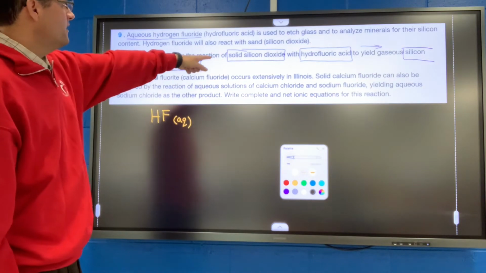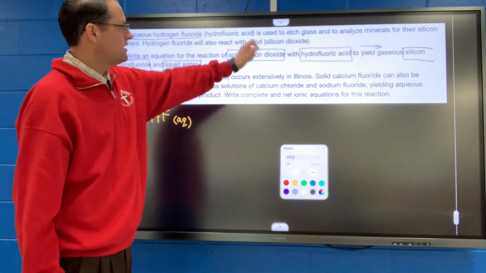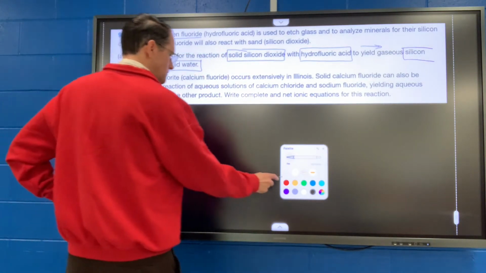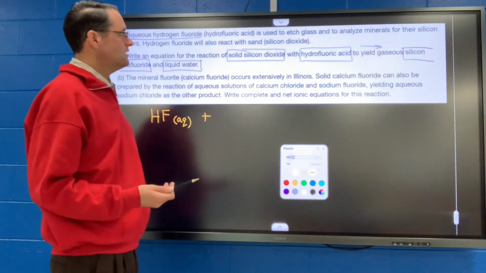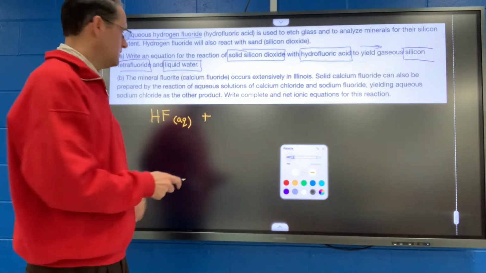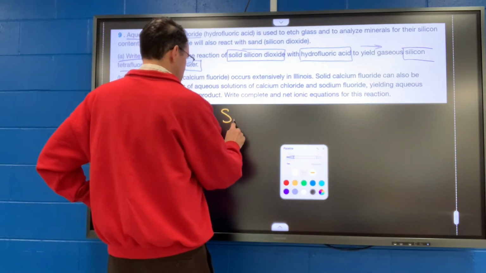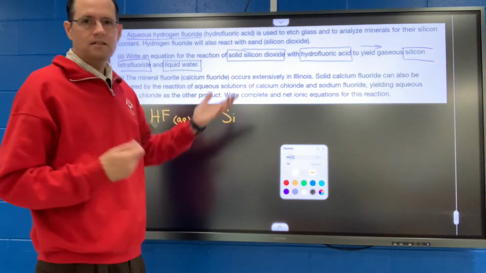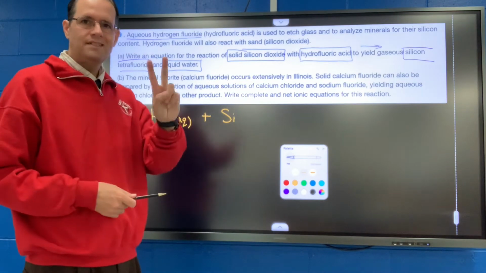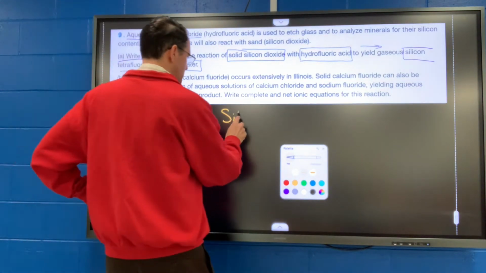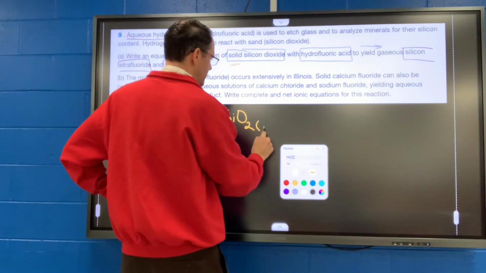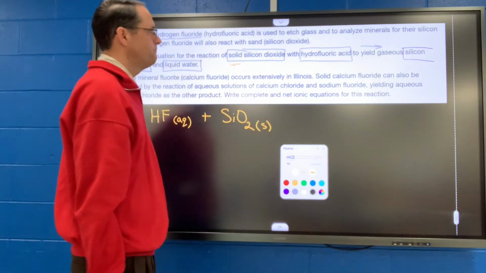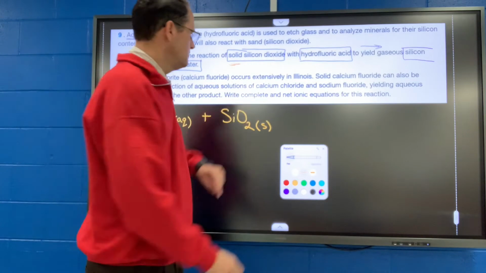And that reacts with solid silicon dioxide. Silicon is Si. Dioxide means 2. Di means 2, so that's O2 here. And it's solid, so we want to write S here. And then that yields